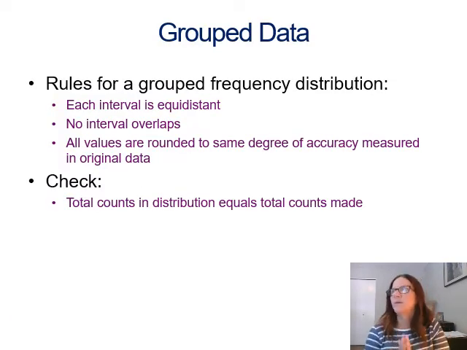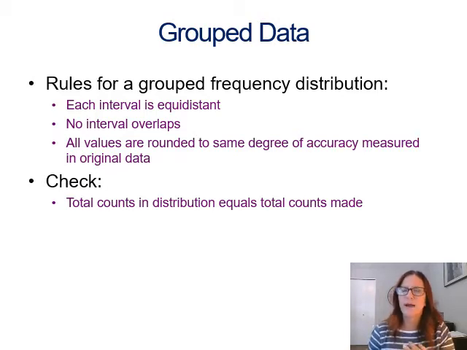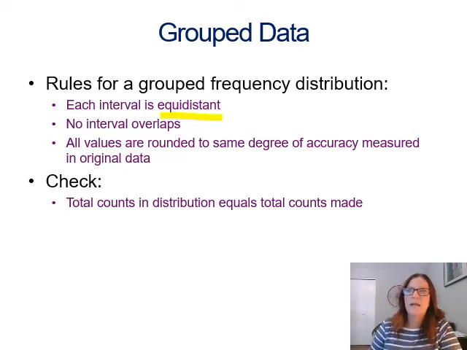Okay, so when we're creating grouped frequency tables, there's some rules that you have to abide by. So our first rule is what's called equidistant. Equidistant means that every interval has to have the same amount of numbers in it. So that width, if you have 3 at the bottom, you have to have 3 all the way up. You can't